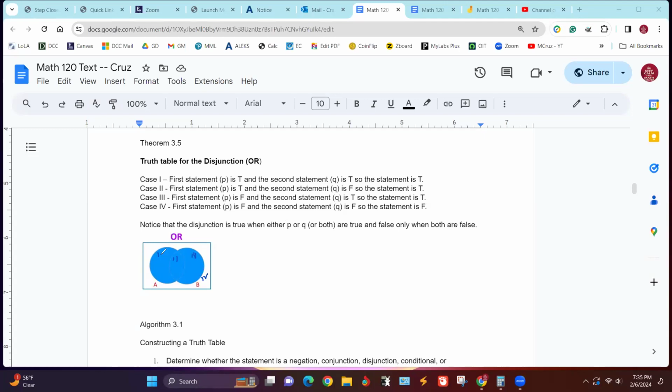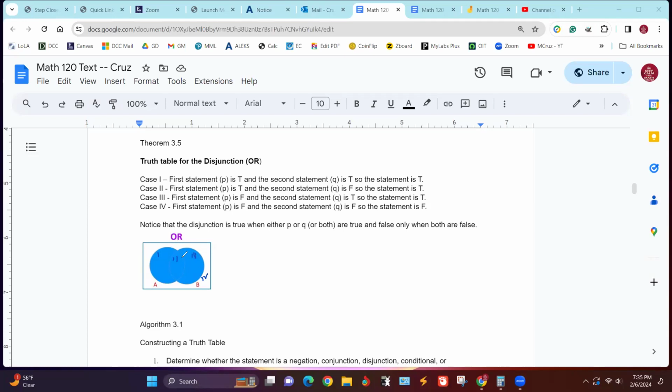For case 2, we're not in B, but we're still in the union because we're in the A. A only is part of the union. Same thing for the third one. If we're in region 3, then we're in B only.